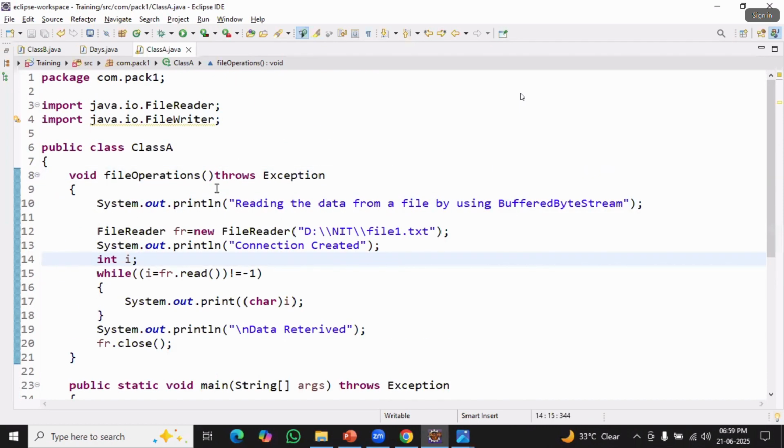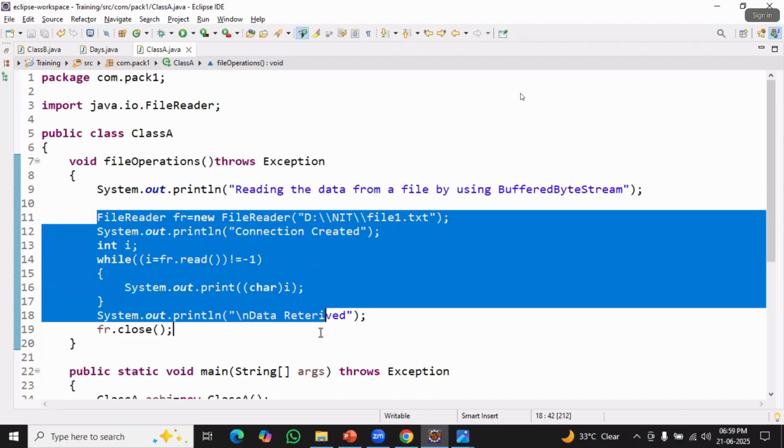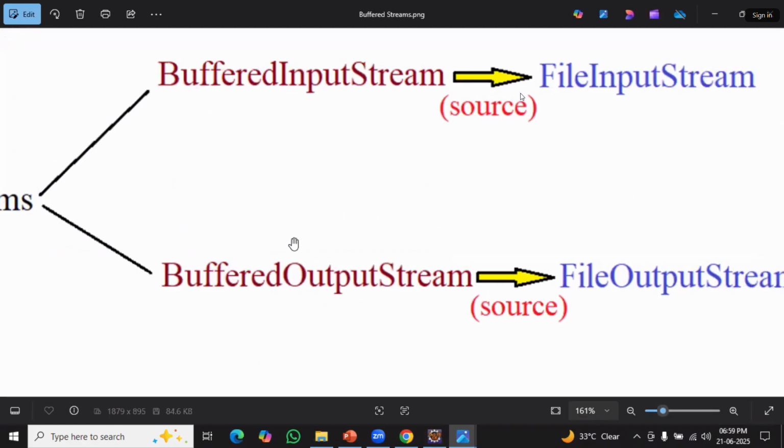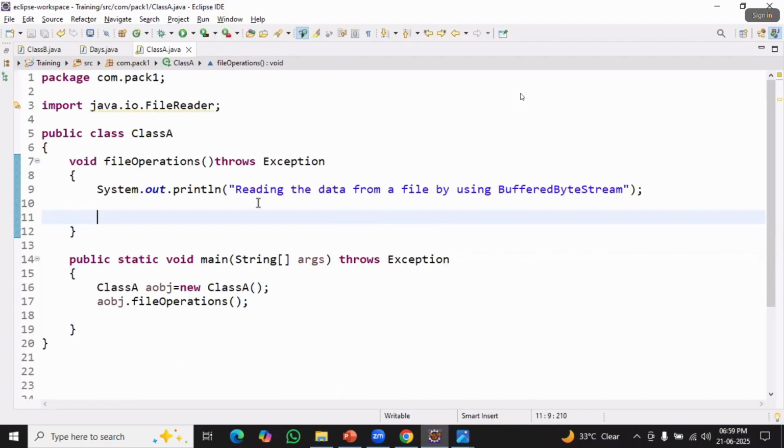Okay. Now, please tell me the code loudly. We are not using file input stream. We are using buffered input stream. So tell me, new,